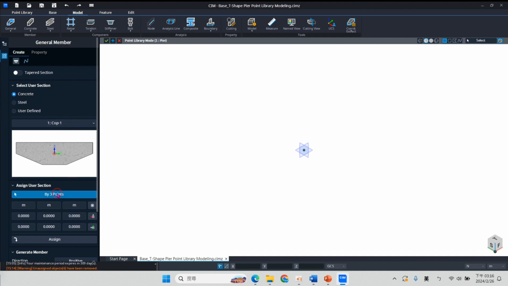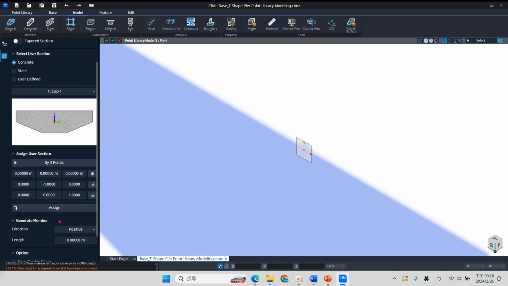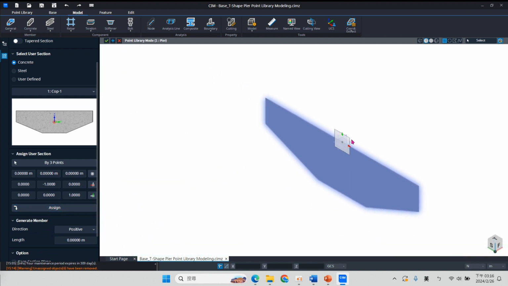and then you can click on by 3-point, and because you want to make the section in the vertical direction, so you want to click S so that you can see here the point is moving on the Z direction. You can click on here the X and Y direction. You can click assign. You can see that the coping is already there,